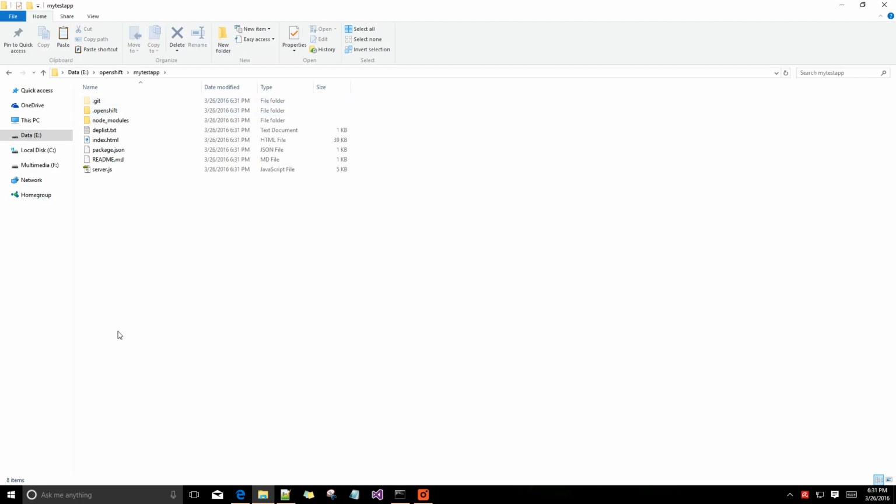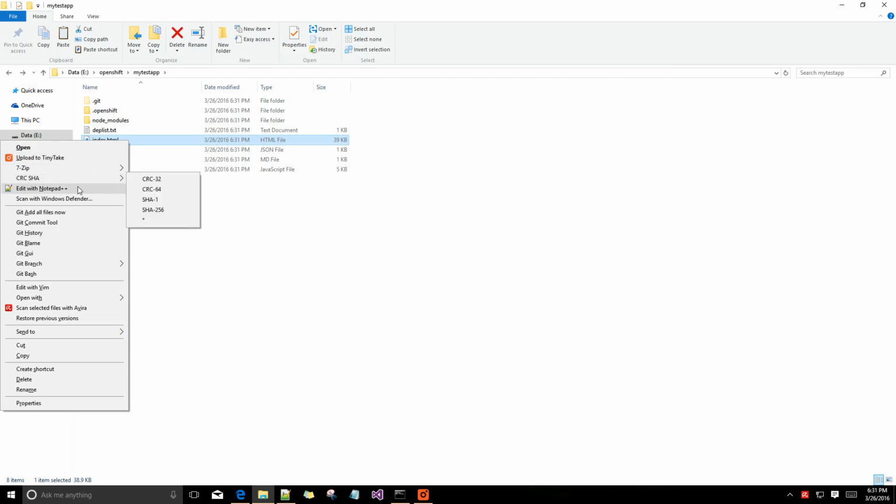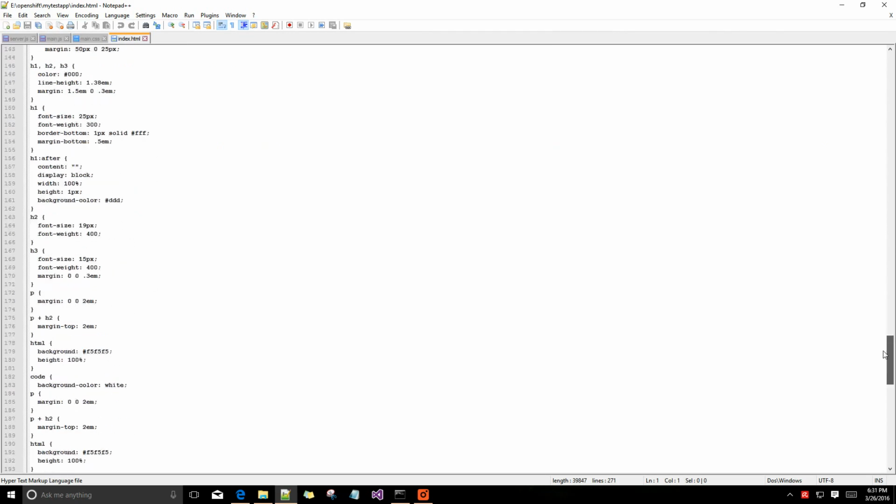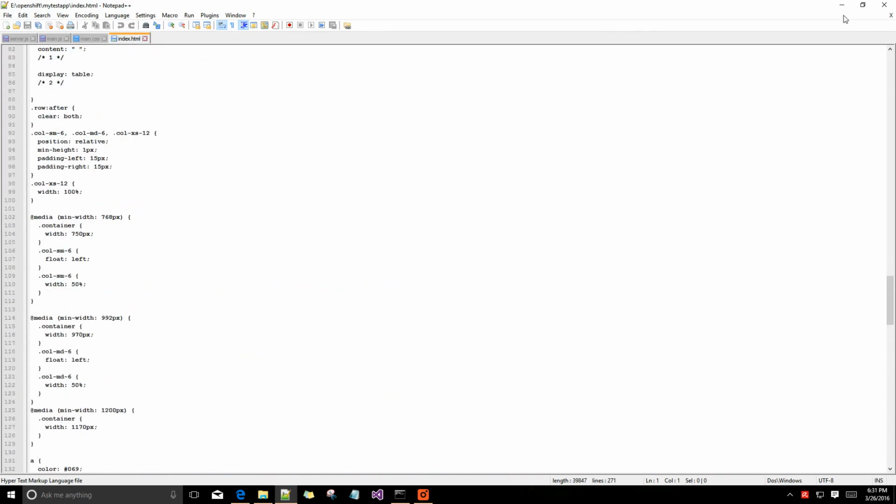This is the code which is stored and shown as the live default page. So it is .git config, just ignore it. OpenShift config, I don't care. Node modules, as we have used Node.js as a backend server, so any dependency or module which Node needs will get installed here. And then this is deprecated, ignore it. Index.html, this is the page which contains that default page. This is what we need to edit.